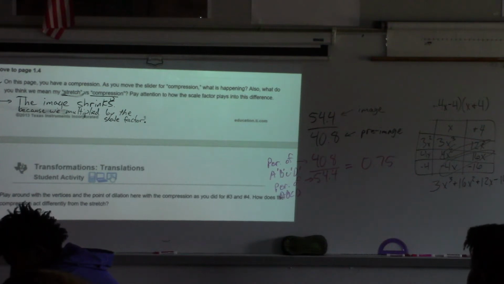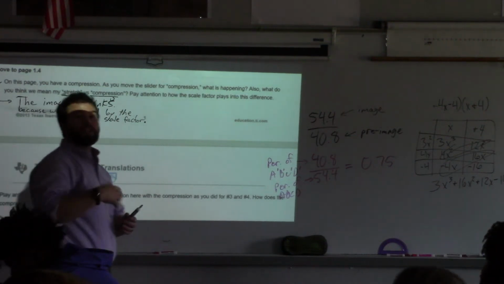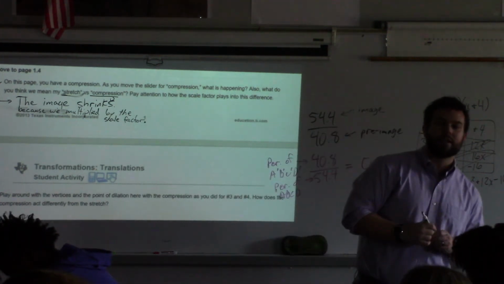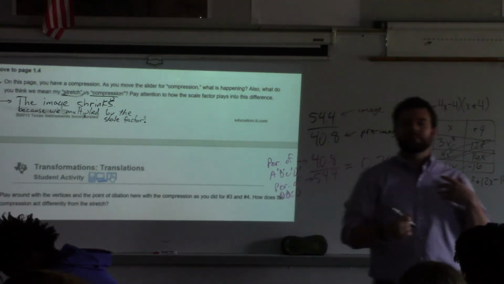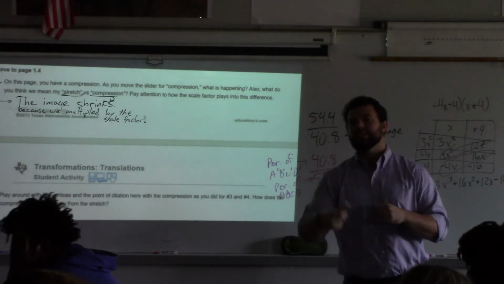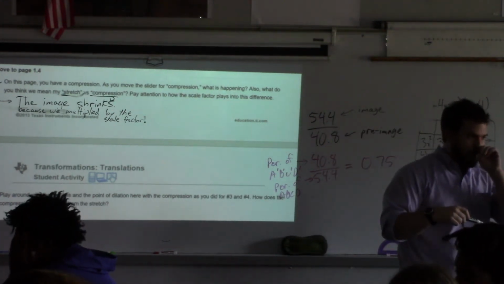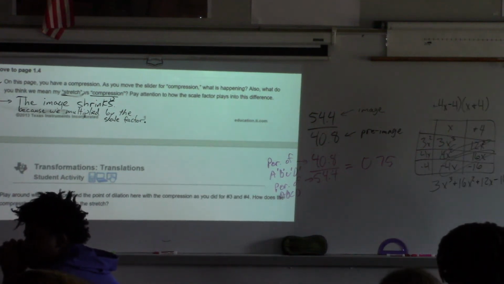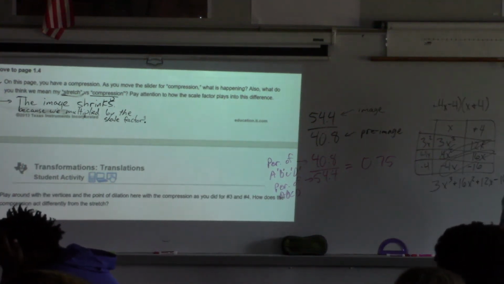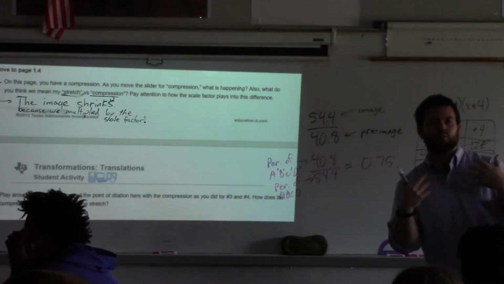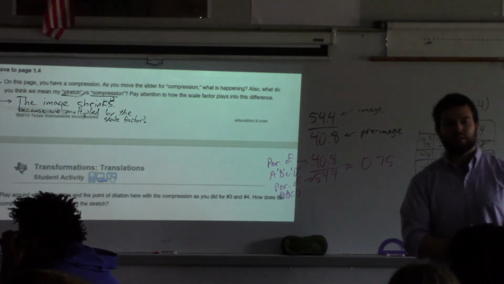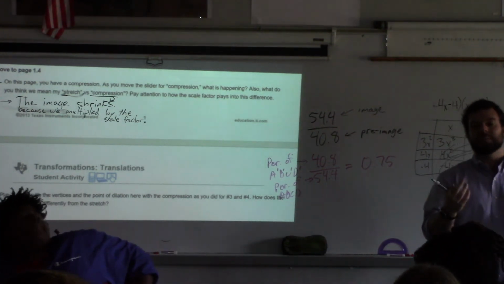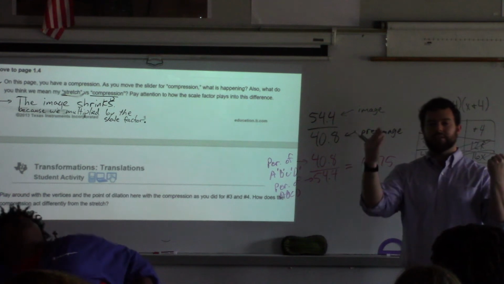So we don't want to get into the negatives, because multiplying by a negative is just going to cause a reflection. So our scale factor needs to be between 0 and